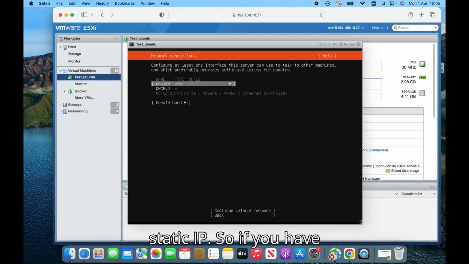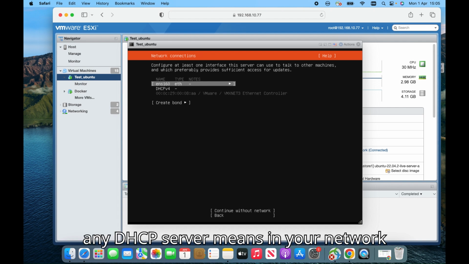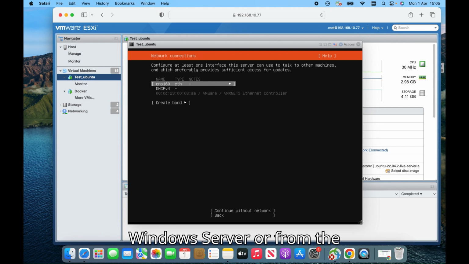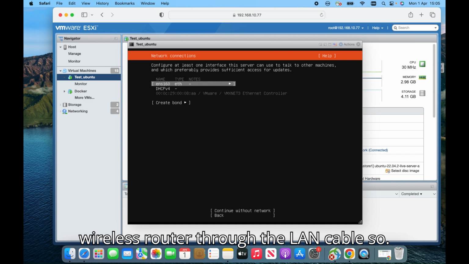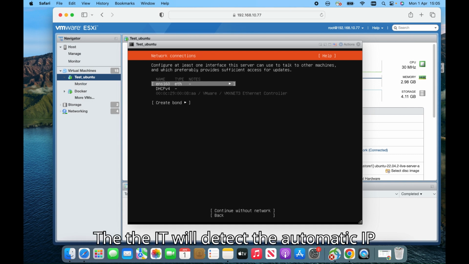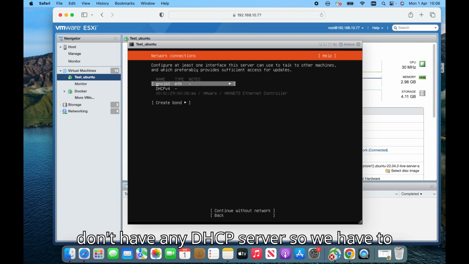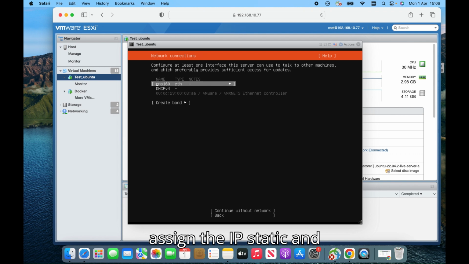So let's start. In this section, we have to assign the static IP. If you have any DHCP server in your network, whether you are getting DHCP from the Windows server or from the wireless router through the LAN cable, it will detect the automatic IP through the DHCP server. But in my case, we don't have any DHCP server, so we have to assign the IP statically,